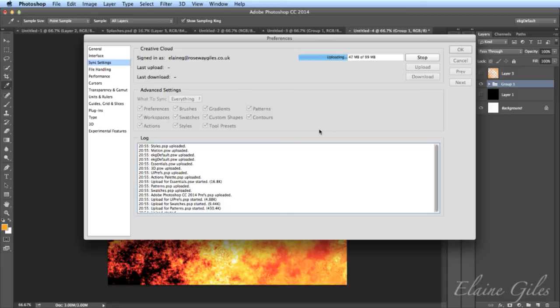On another machine, if you then want to download these, you can do. You just do exactly the same in reverse. You choose download instead of upload. If you only want the brushes on the secondary machine, or just the brushes and the gradients, then take the option here and change that to custom and just put a tick in what you want to download. Although you can do all of this manually, the Creative Cloud is a fantastic way not only to synchronize machines, but also to back up your settings.